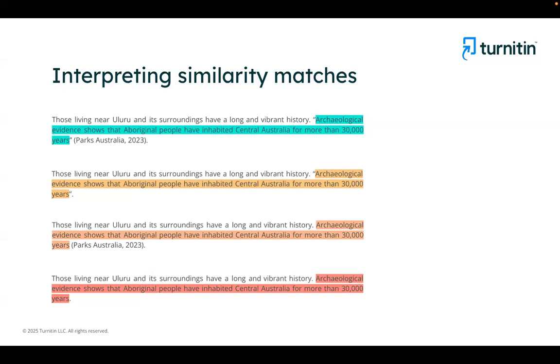That will show you how much of the text is matched from which sources. There is a specific section in the report called match groups that will highlight the similarity matches into four color-coded groups. These colors are green, yellow, orange, and red.